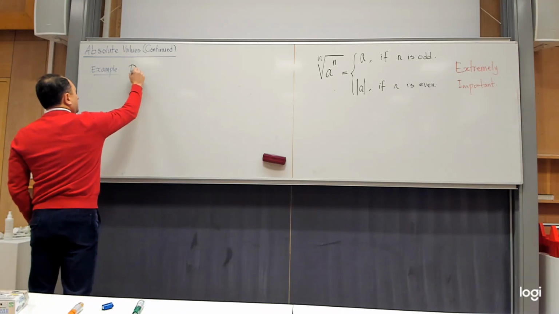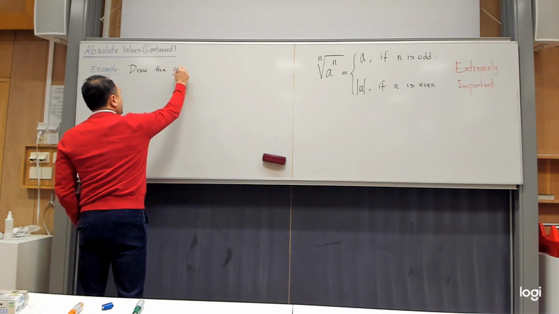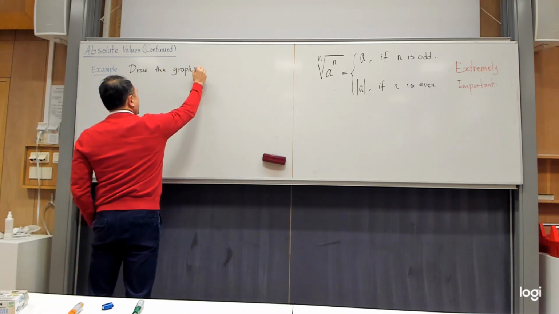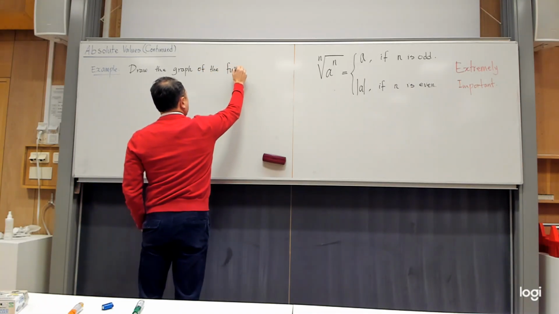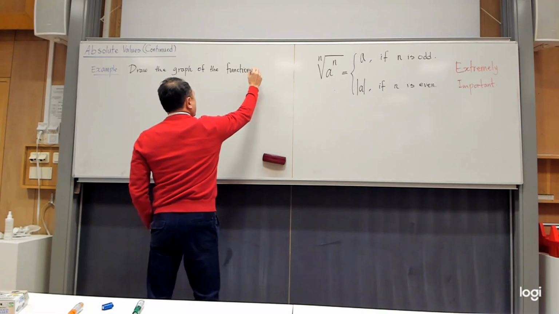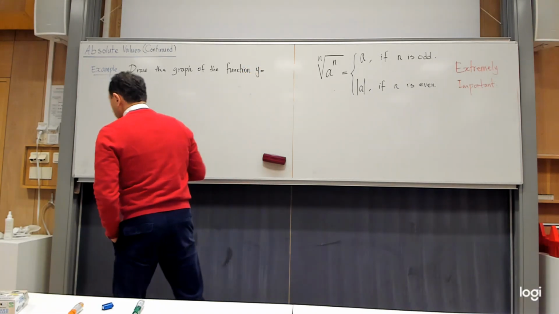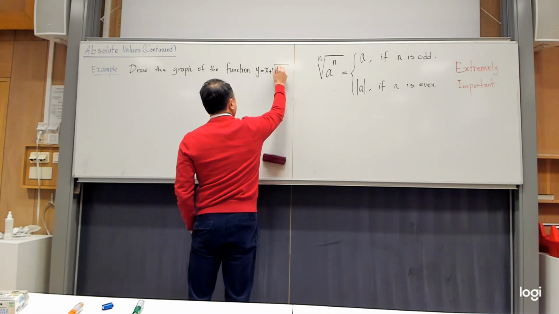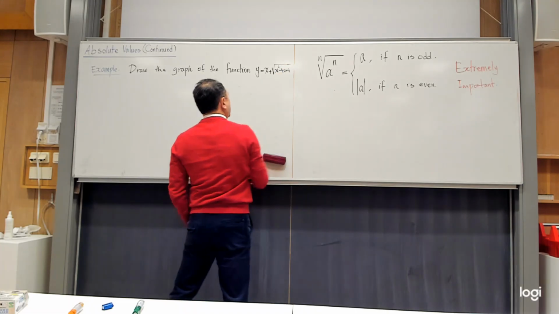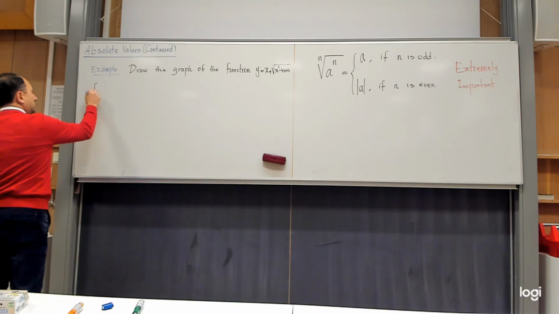Draw the graph of the function y is equal to x plus square root of x squared minus 4x plus 4, for